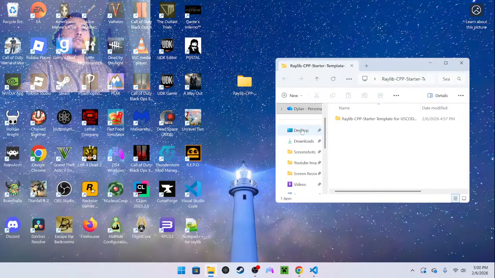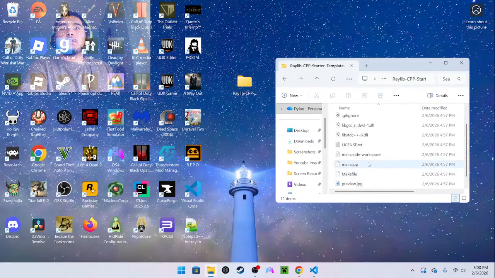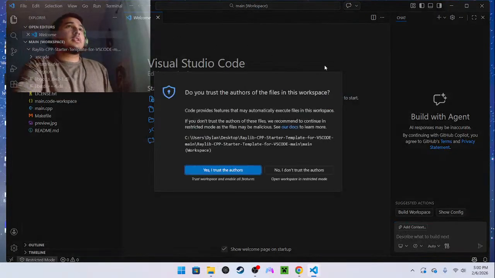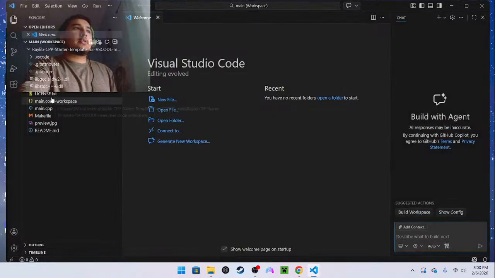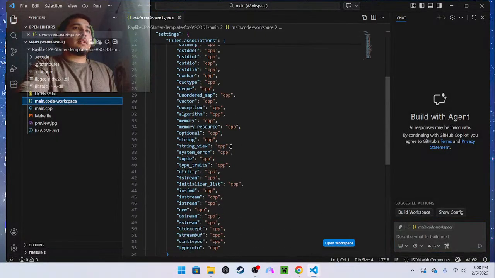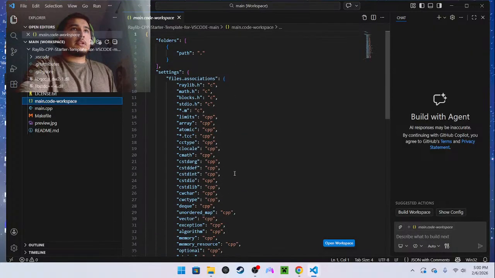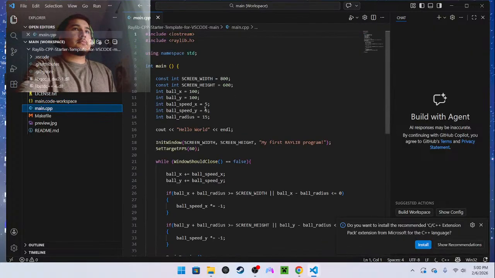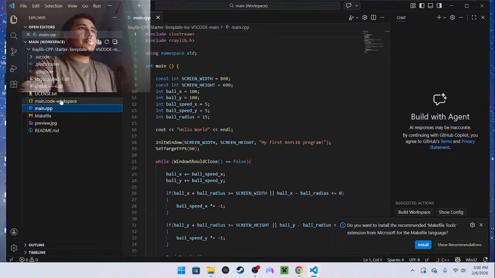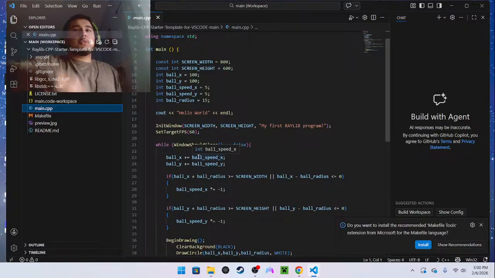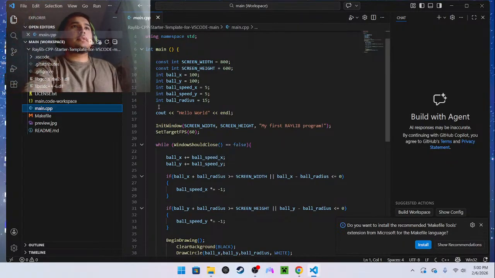Anyways, so open this in code-workspace, double click to open with Visual Studio Code. So yeah, I trust the author. Holy crap, that's a lot of stuff here. I'm gonna have to write all this? I think in the video, we're supposed to start here where it's already set up, and basically the main code here, we just erase it all so we can retype it. So I'm gonna get a good look at this.